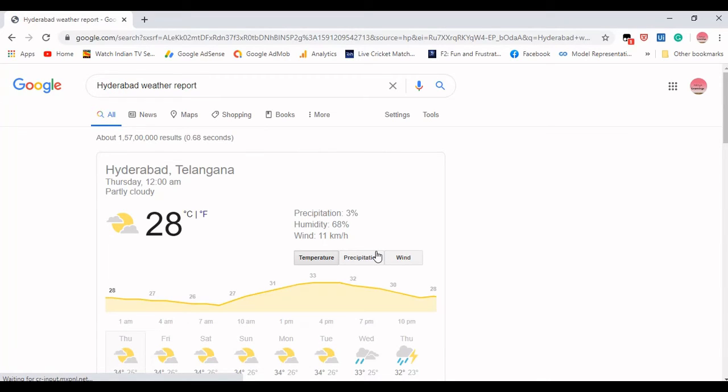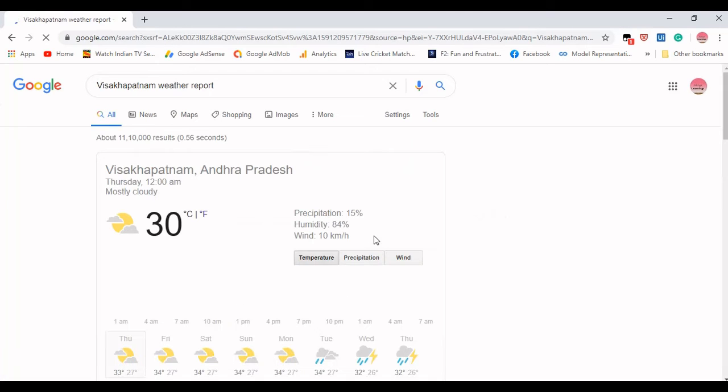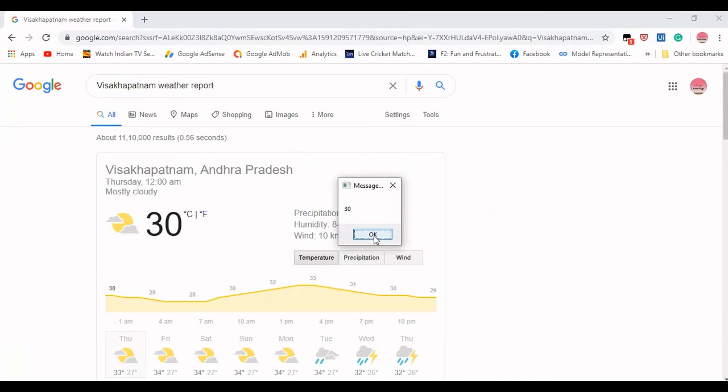Now it needs to get the temperature 28, and then the precipitation is 3%, and then humidity is 68%, then wind 11 kilometers, and the second one is Visakhapatnam. It is 30, and then 15, 84, and then 10 kilometers per hour.